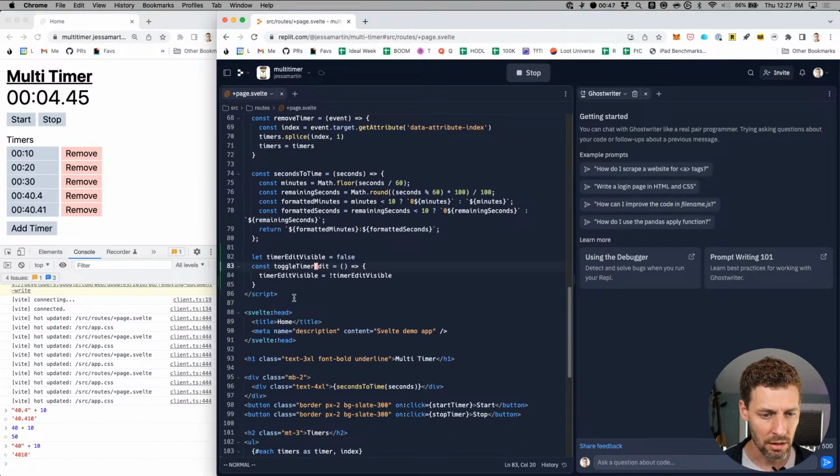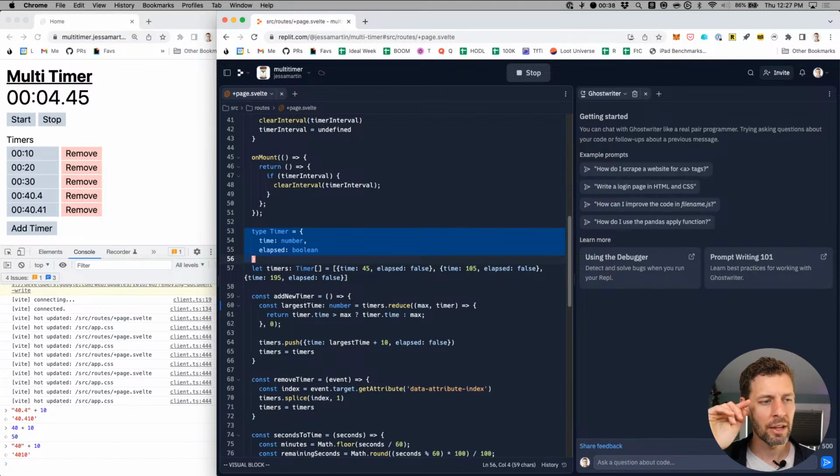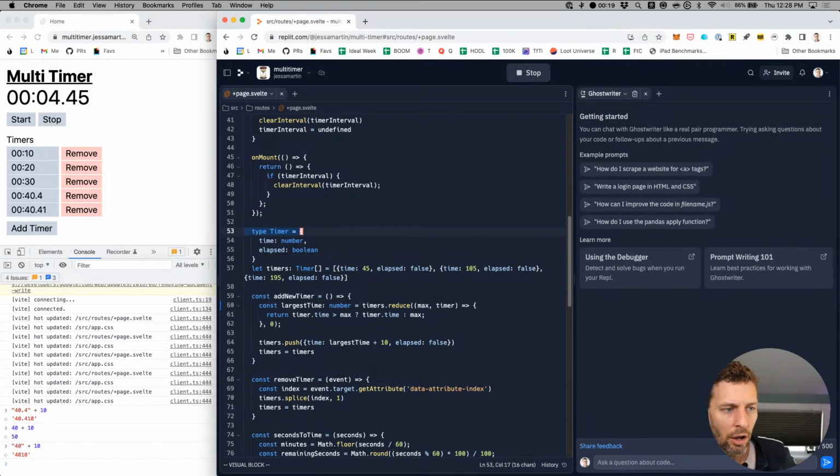Again, this is back to that question I was asking a second ago about how does this timer type work when we're binding on the value. It almost seems like that's somehow bypassing or getting around TypeScript, because the input box could actually contain something that's not a number. And we were getting that NaN a second ago. So it makes me wonder, I read something this week about SvelteKit moving off of TypeScript and not using it as heavily, which, dang, I don't know, seems like an interesting choice.